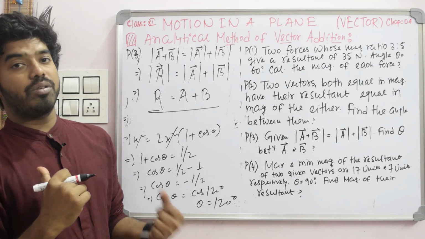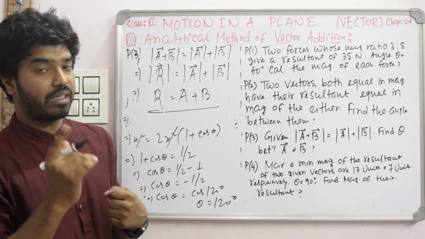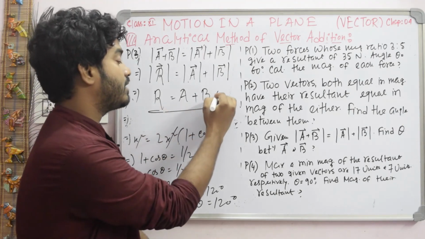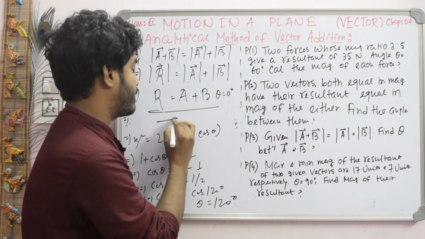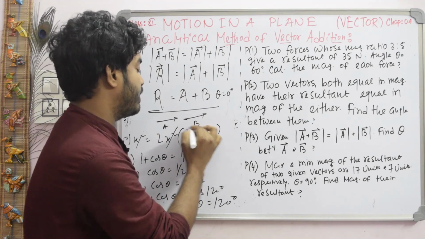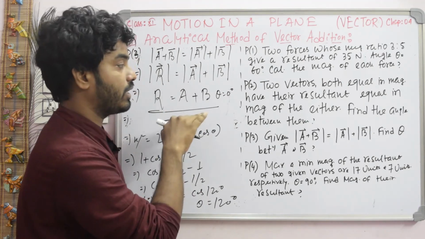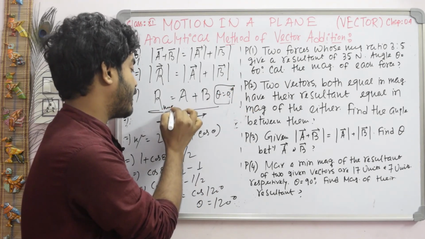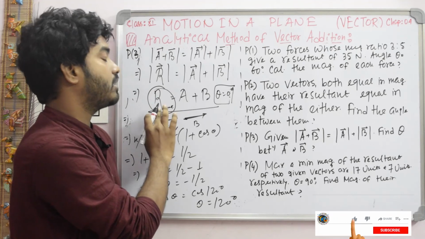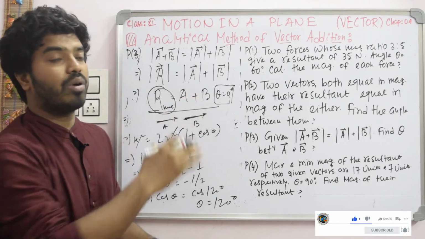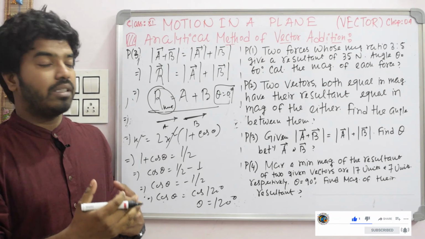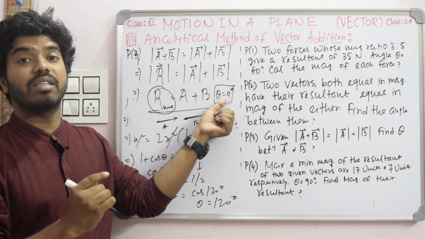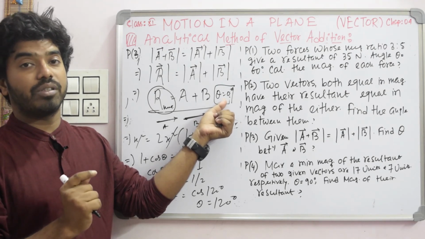You just go back to your lecture, special case 1: R is equal to A plus B happens when theta is equal to 0 degrees. That means vector A and vector B, these two vectors, are parallel to each other, that is when theta is equal to 0 degrees. In that condition, this is the maximum resultant, R max, which is equal to A plus B. So what is the angle between A and B? The angle between A and B, that is theta, is equal to 0 degrees. This is our special case condition 1.